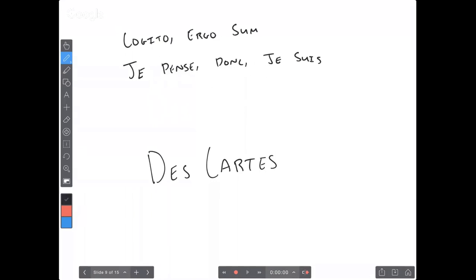But we know it best as I think, therefore I am. Also managed to invent the XY plane graphing,